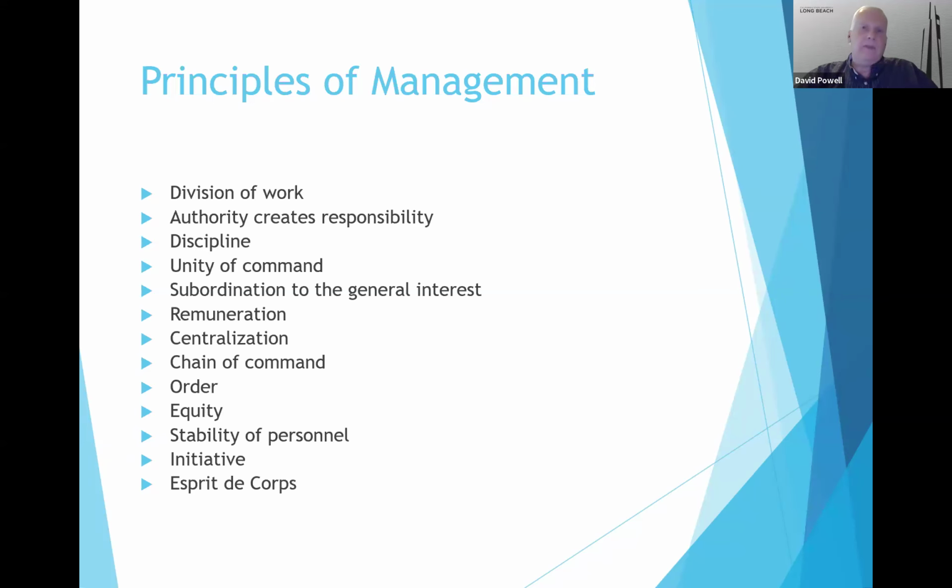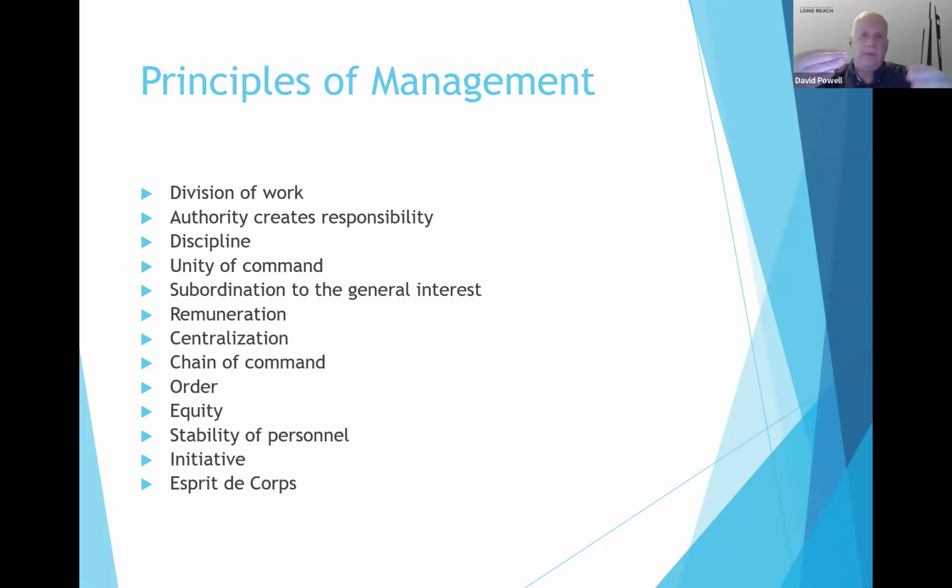And then finally is this esprit de corps. And you're probably familiar with the term esprit de corps. Esprit de corps is kind of this psychological feeling that we are all in this together, that we're all part of this organization. We're all working together as part of this organization to try and make the organization effective and efficient. That esprit de corps is really what then harkens back to this psychological approach of Henri Fayol, because that is very psychological in nature.